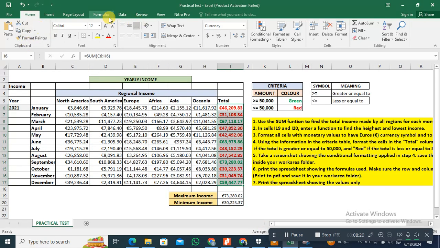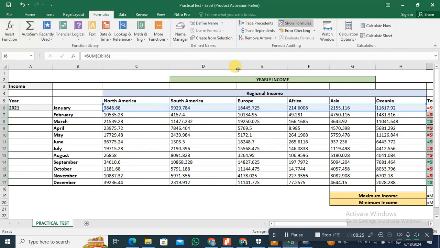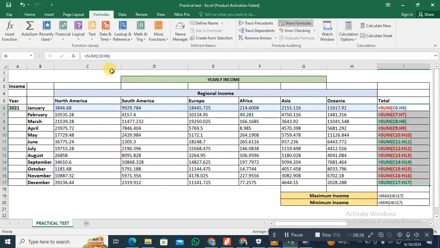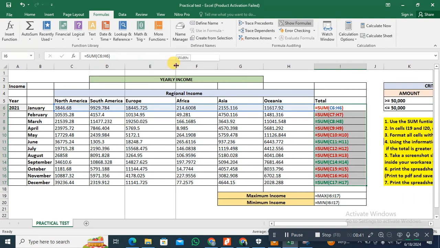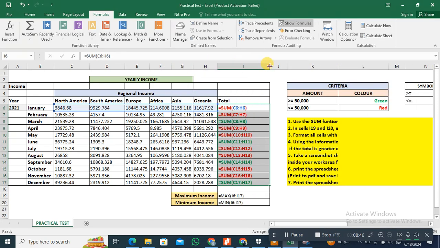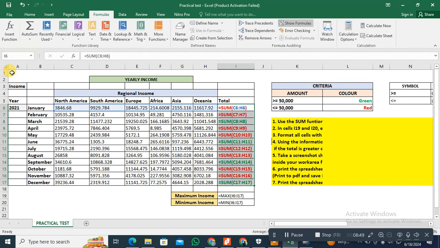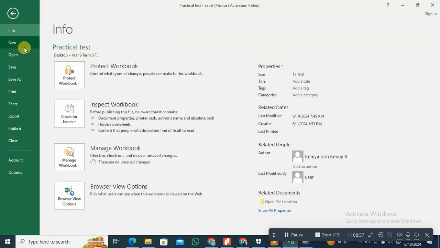So to do that, first of all I'll go to Formulas and then click on Show Formulas. Now it is very important that you adjust the column width of each column to make sure that your data will be fully visible. So just by double clicking between each of the column headers, I can adjust the column width to auto fit like this. Okay, so in this case I'm going to highlight from A1 to I20,